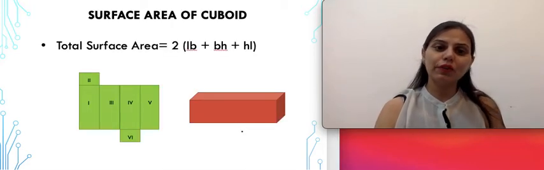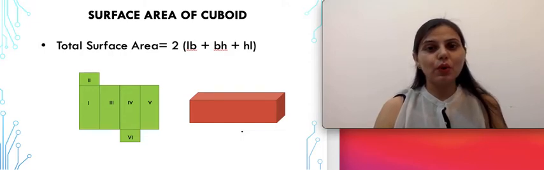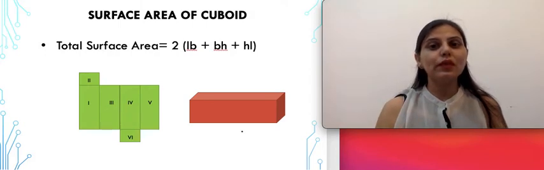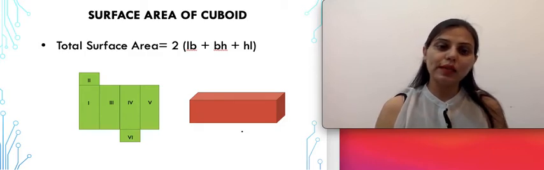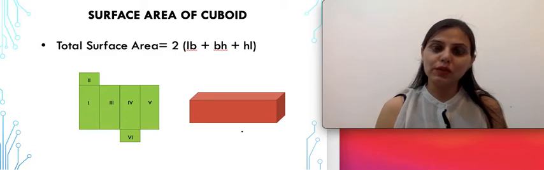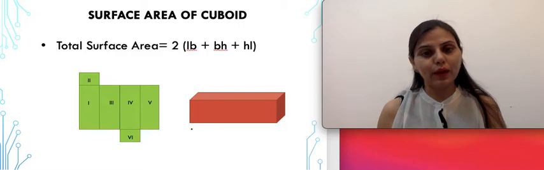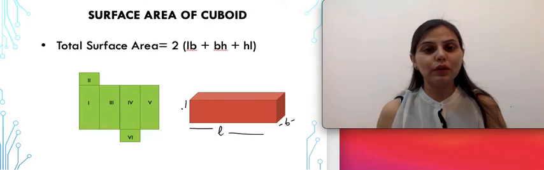Coming on to the surface area of a cuboid, let's talk about the total surface area. As we all know, in a cuboid, there are 6 faces. When the area of each face is calculated and all the areas are added together, the answer that we get gives us the total surface area. Here, as you can see in one of the figures, all the 6 faces are shown. And since in a cuboid we have a length, a breadth, and a height, when we take one face at a time, each of these faces is in the shape of a rectangle.